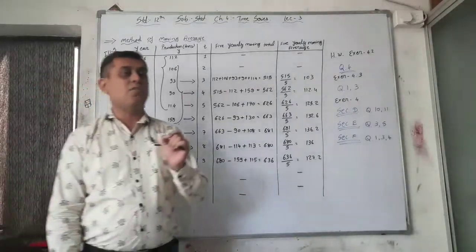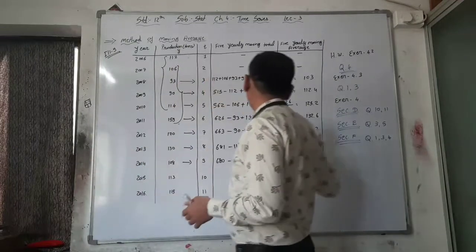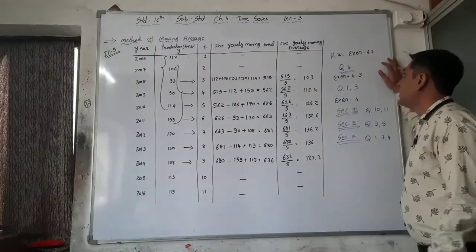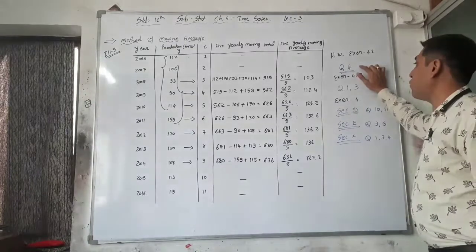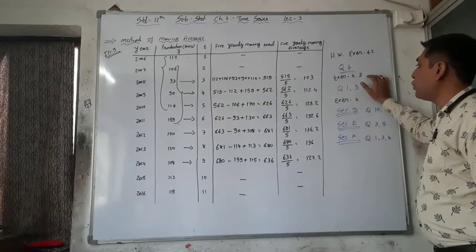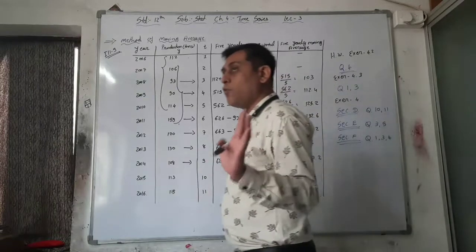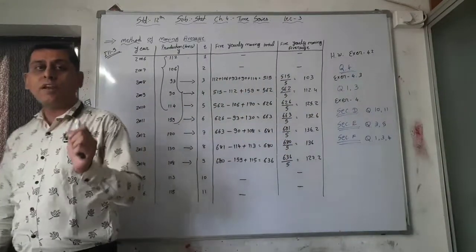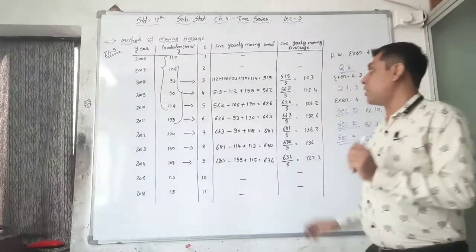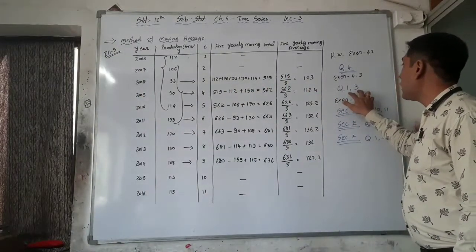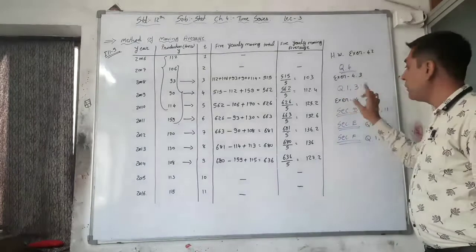We will discuss in our next lecture. Here I am completing my sessions and now time for homework. See, in the middle of the lecture I will give you the homework of exercise 4.2 question number 4. Next homework is exercise 4.3 question number 1 and 3, because question number 2 and 4 are 4-year moving average, that is just like illustration number 10, and we will discuss in our next lecture. That's why we have to just do only 2 questions, that is exercise 4.3 question number 1 and 3.